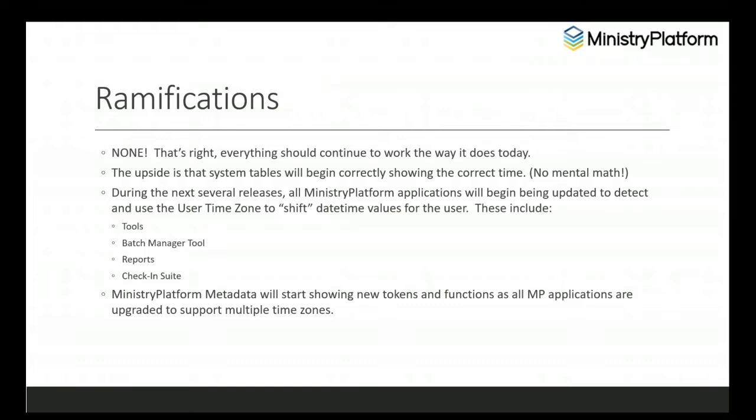Megan mentioned it quickly, but I'm going to dive into it a little bit deeper. The original plan was to convert all date times to UTC so that the future of the platform was UTC for everything.